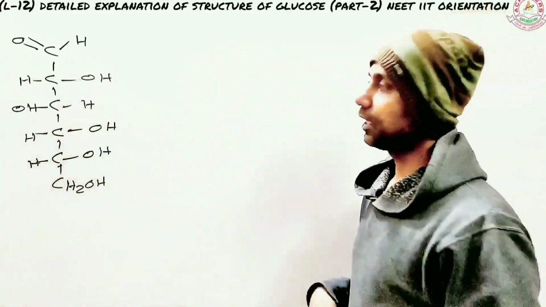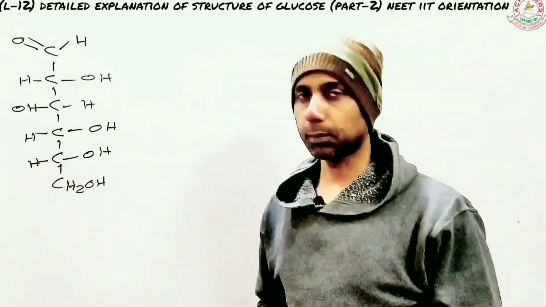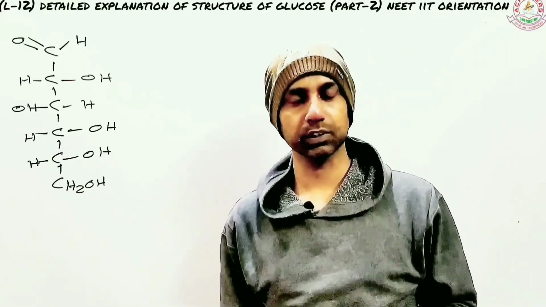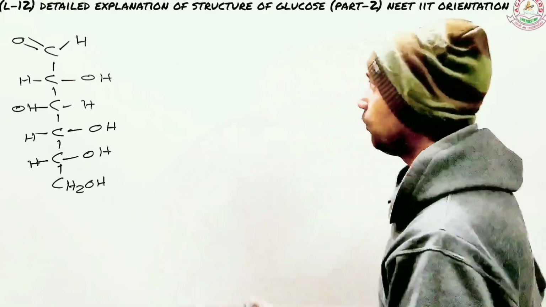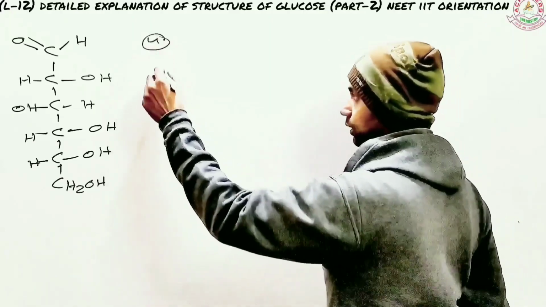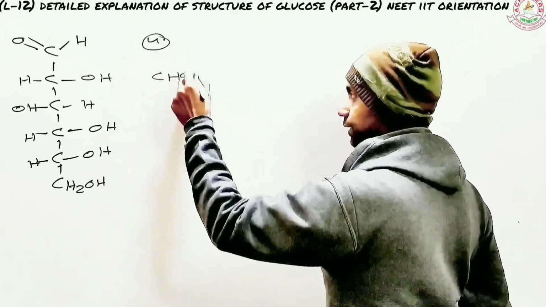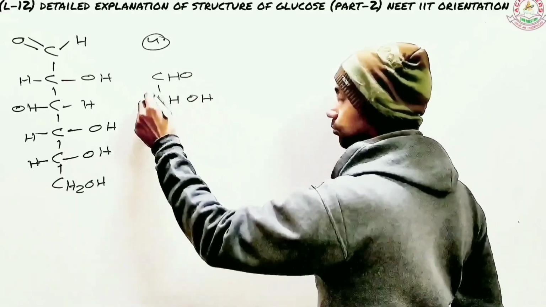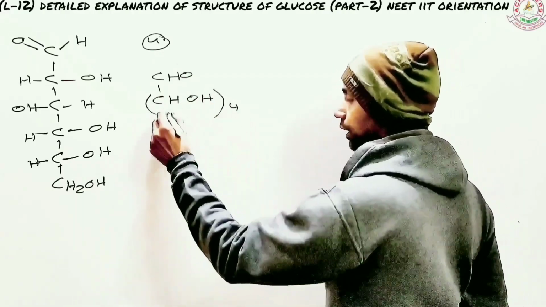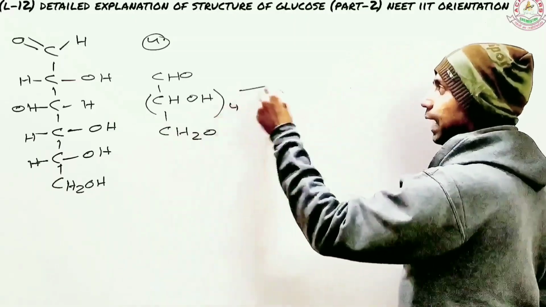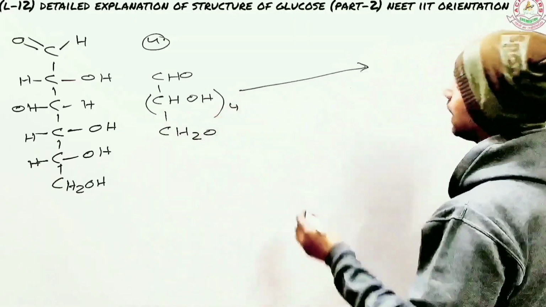So I hope I made you remember everything. I told you about why this structure came and some of the very important things about it, but in that very sequence, this is going to be the next information coming up. So you need to pay attention to what I'm saying. This is what your glucose looks like: CHO, then CHOH, whole 4, and along with that you have your CH2OH. Now, when you react this, this is very important. When you react this